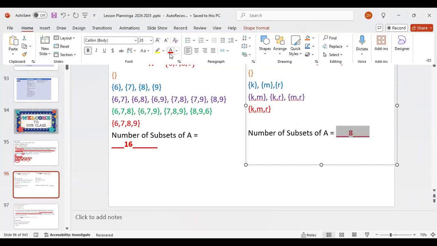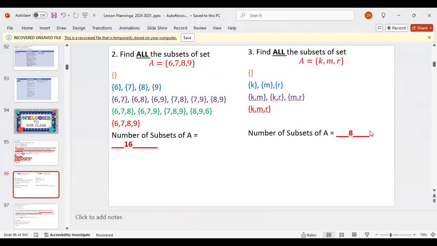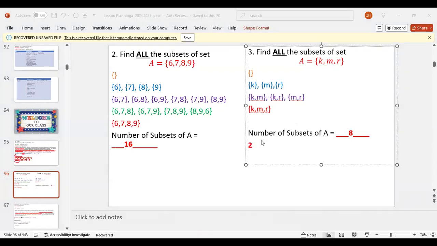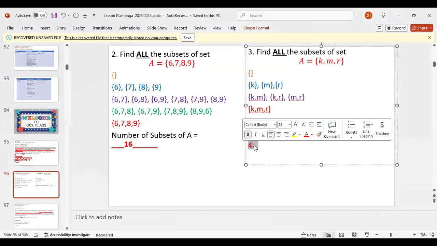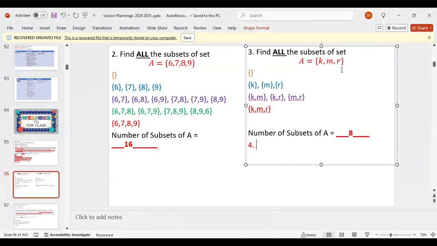Okay, so let me ask the question. What happens when, let's do another one? I'd say the 2 times table. Okay. What happens when you only have, let's do a 4th example. For this one, I want to find all the subsets. There's no way it's 7, 15. There's no way.